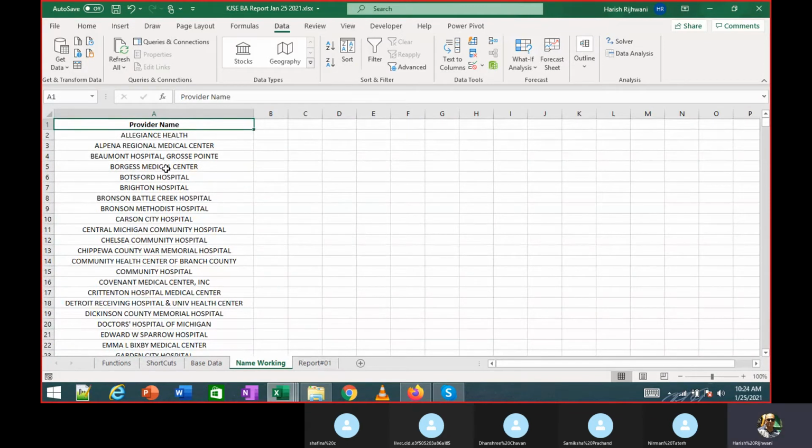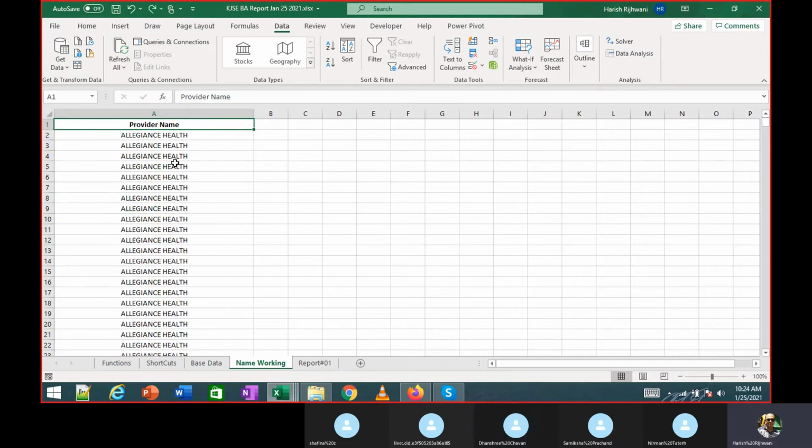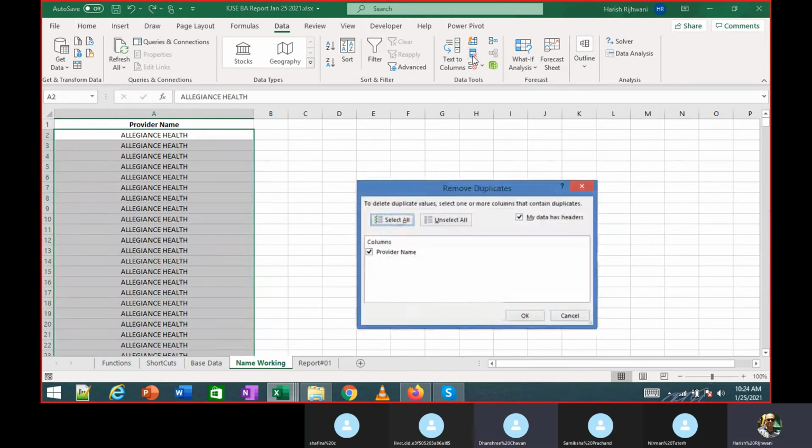Were you able to remove the duplicates? Yes, sir. Alrighty. Sir, can you repeat? Okay, you want me to repeat? What I did was, were you able to sort the data? Do you have the data sorted? Yes, sir. So in your data ribbon in Excel, under data tools, do you see a symbol like this? Yes, sir. So click on that symbol.